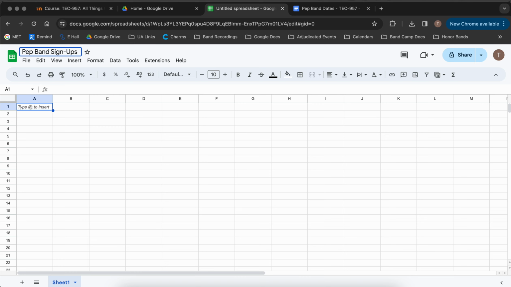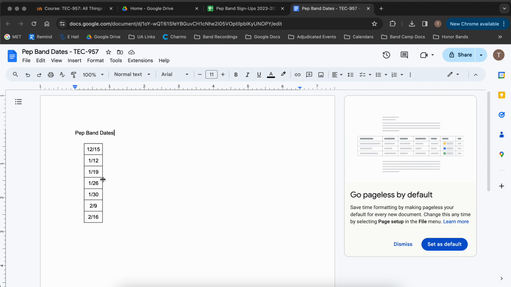and we're going to name this Pep Band Sign Ups. We'll call it 2023-2024. All right, and I have already created a document here with our imaginary pep band dates. These are actually the pep band dates that we used this